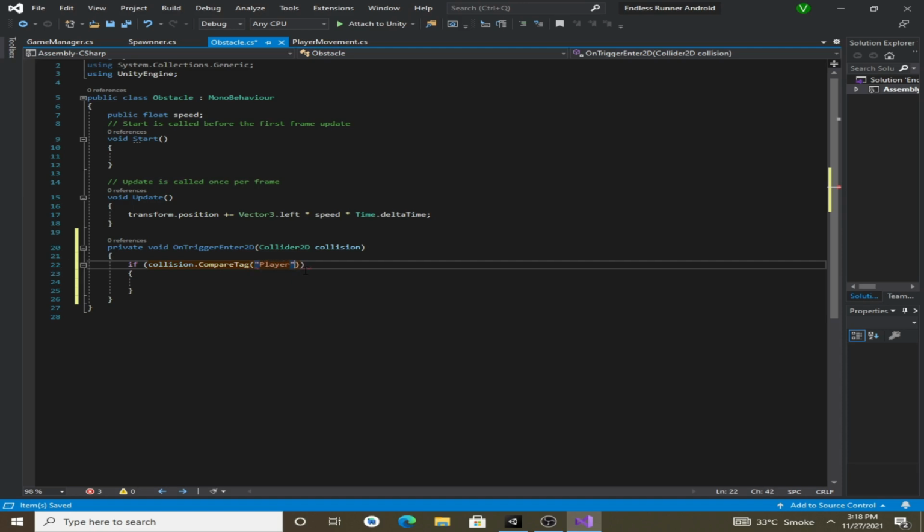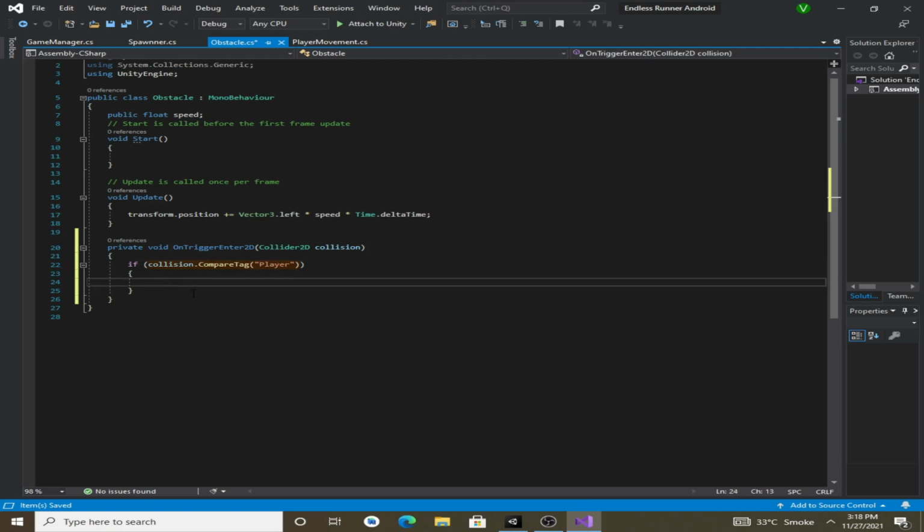So what it wants to say is that whenever our obstacle collides with any game object, and if that game object contains this tag player, then it will execute this if statement.